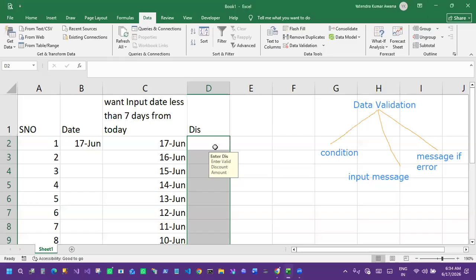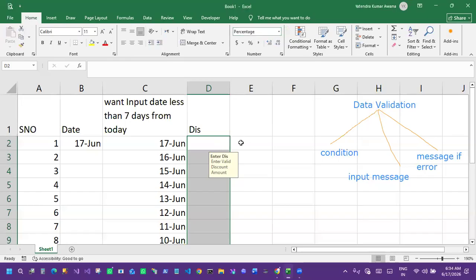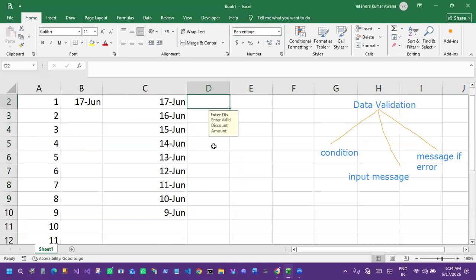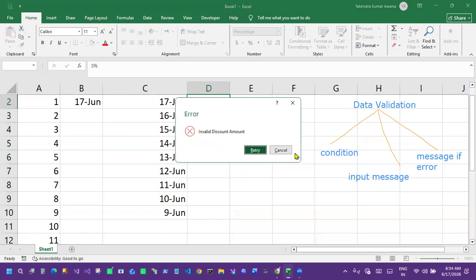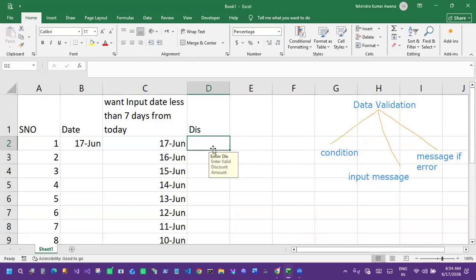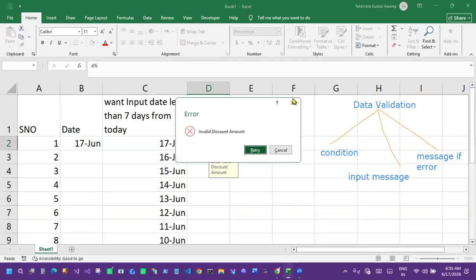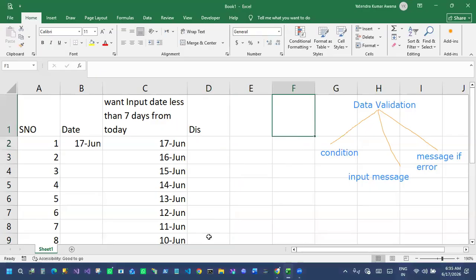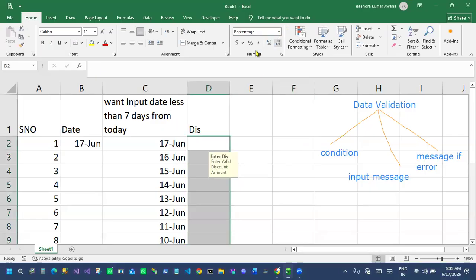Okay, now if we put here what percentage, then we can put 5. Then it is giving me the error, because we put 5 to 10%, right? We put it as 5 to 10%, right?